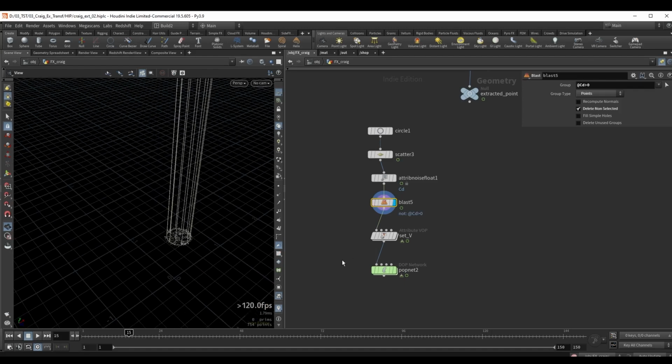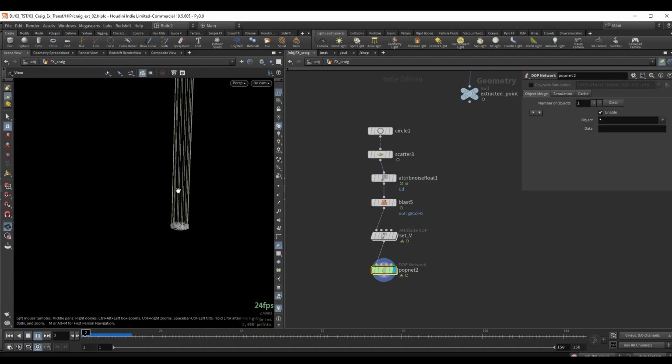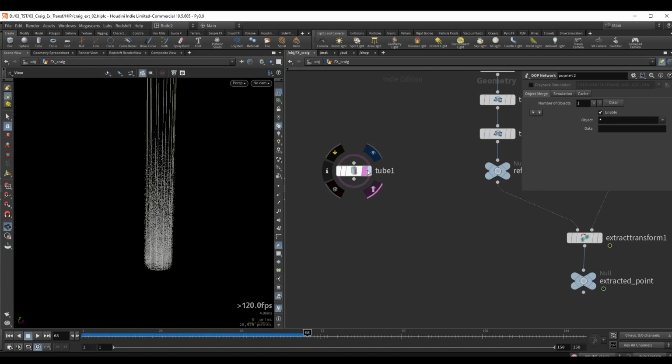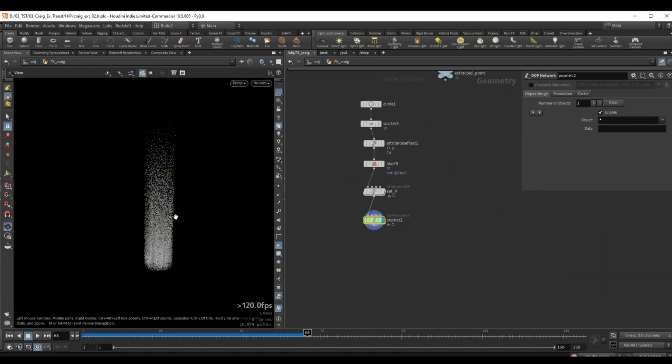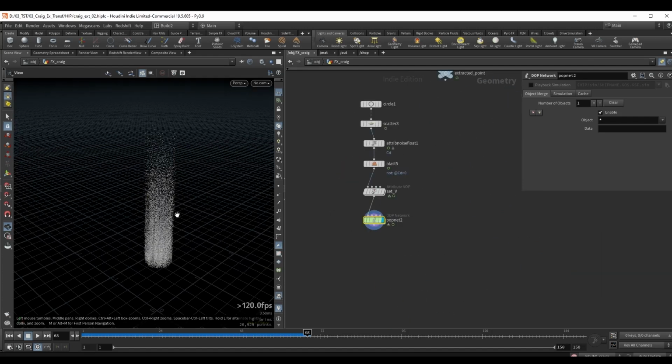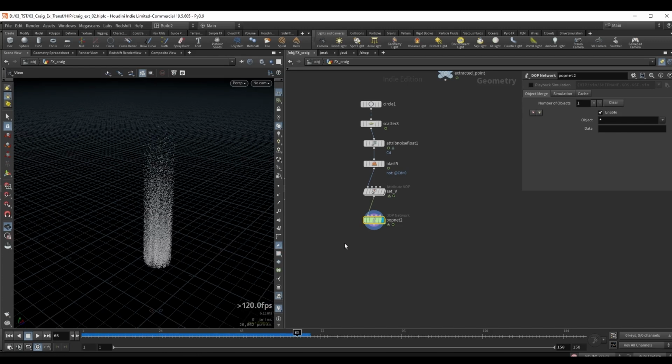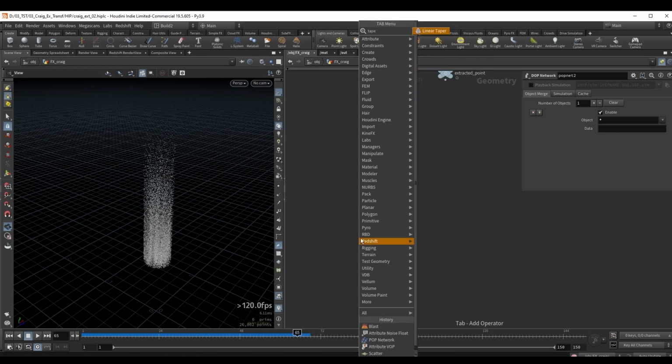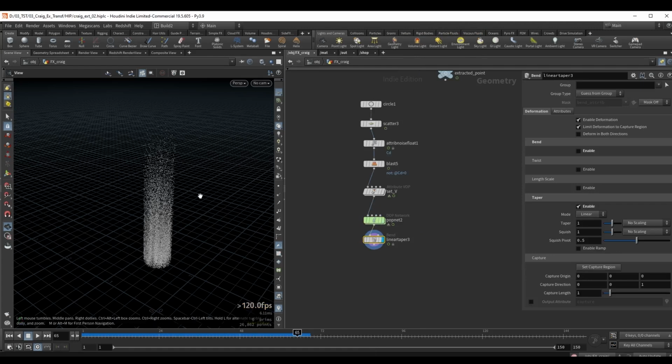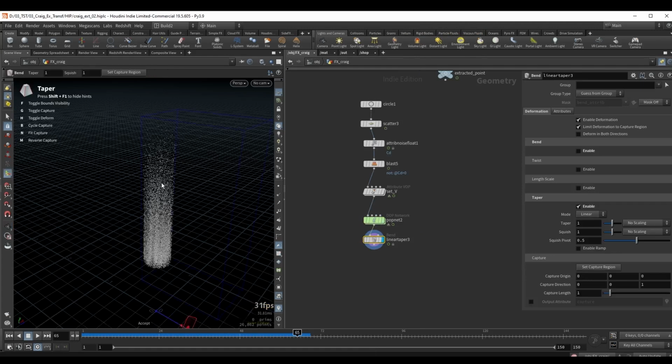So let's go back to our pubnet and see our current result. And I think we can remove the display for the tube for now. And what we can do from here is I want to taper these points slightly towards the top, so we get more of the spear shape. So after we simulate for a few seconds, let's go to around frame 65, and we will do a taper. So let's drop down a linear taper,